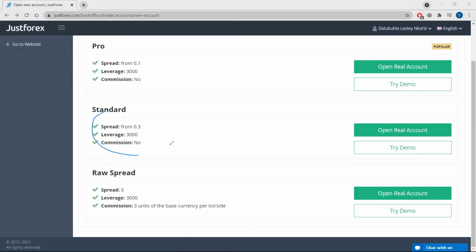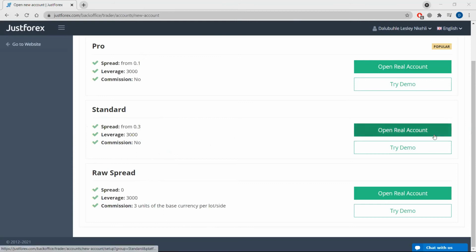A standard account is usually the one I recommend if you are coming up. The leverage here is 3,000. That's the maximum I believe they can give you. That's just 1:3,000. That's the thing we spoke about. That's the maximum. It can go low. So let's open a pro account as well. As you can see, spreads from 0.1 and so on. This one is going to have commission, as you can see they're saying here. Now let's open a